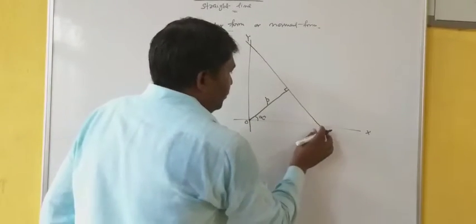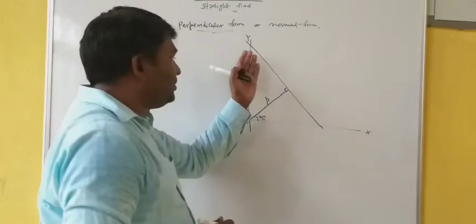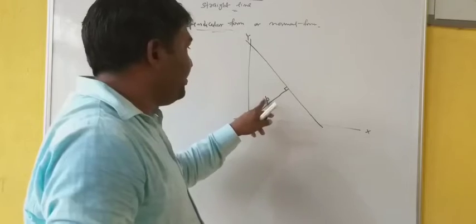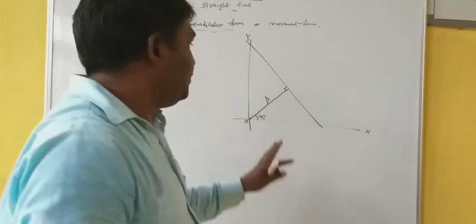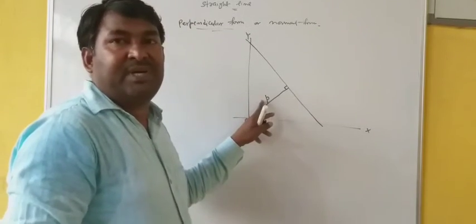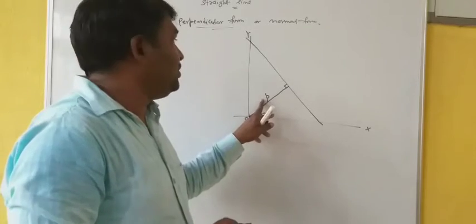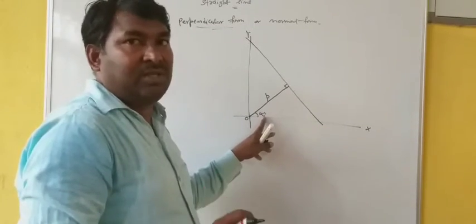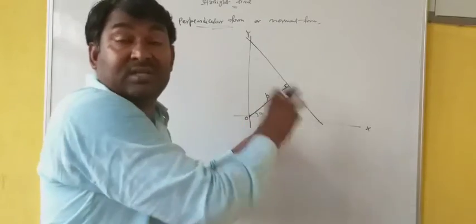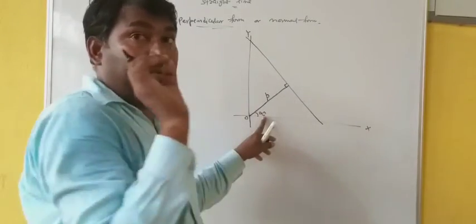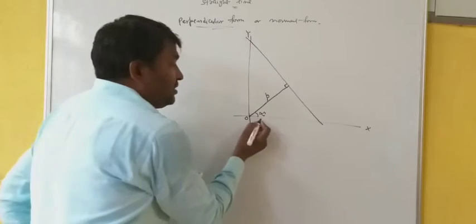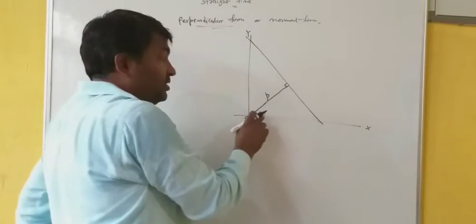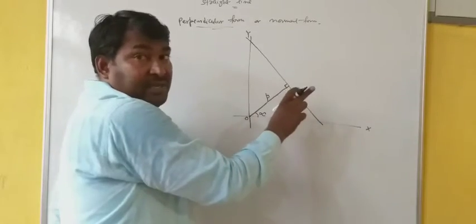Now you need to find the equation of this line in terms of p and alpha. That means we are given the length of the perpendicular drawn from the origin on this line, and the inclination of this normal, not the inclination of the line, just a point to be noted. Here alpha is the inclination of the normal drawn from the origin on the line. This is not actually the inclination of the line.